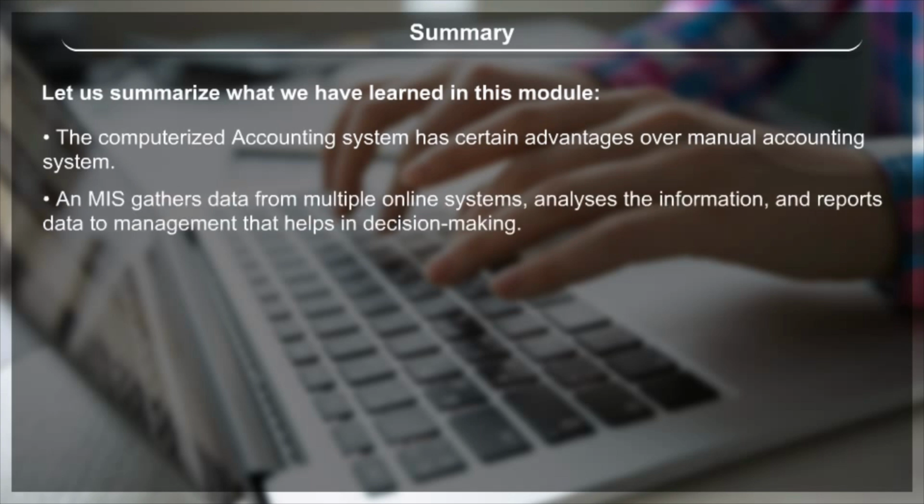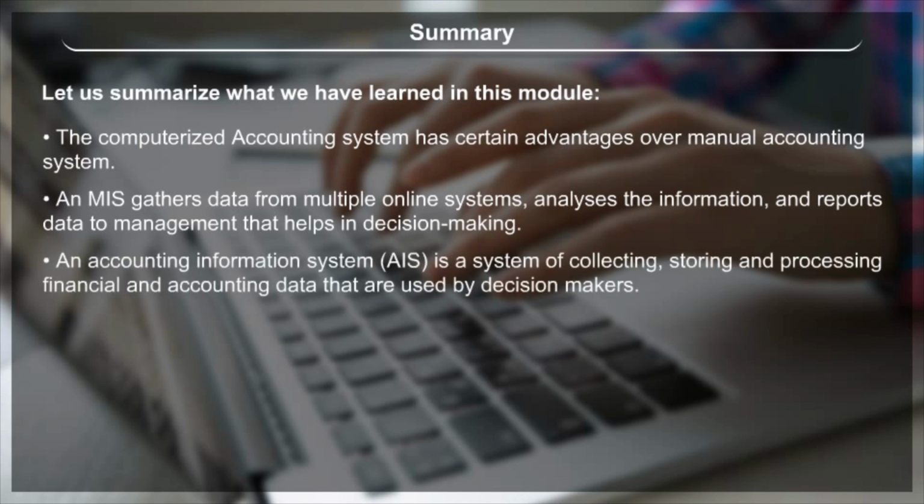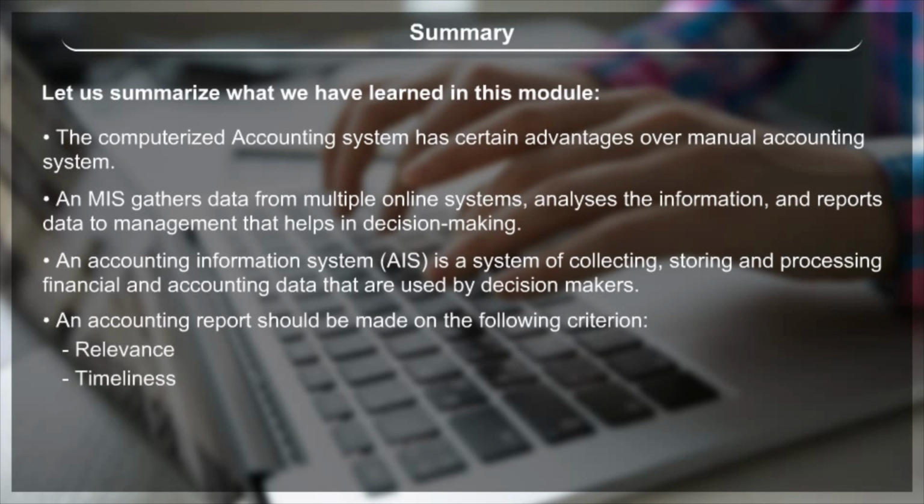An MIS gathers data from multiple online systems, analyzes the information, and reports data to management that helps in decision making. An accounting information system, AIS, is a system of collecting, storing, and processing financial and accounting data that are used by decision makers. An accounting report should be made on the following criteria: relevance, timeliness, accuracy, completeness,